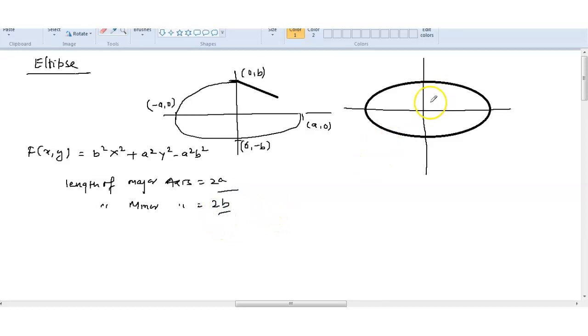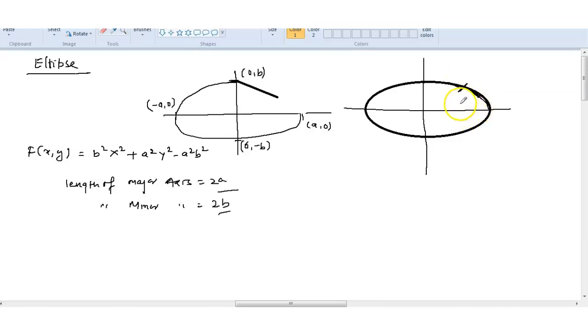Now the difference here, if you see in the first quadrant only, till this point x and y are changing slowly, but after this point x and y are changing very fast. This is not like a circle. When a and b become the same, then the ellipse becomes a circle only. But here a and b are different. So at this point x and y are changing at a very small rate, and in this line x and y are changing very fast.